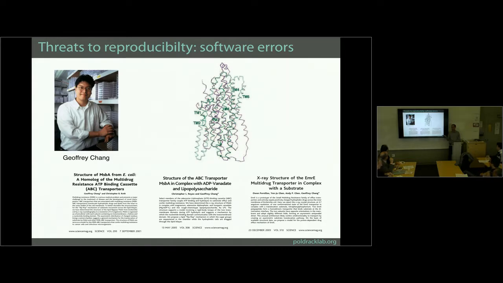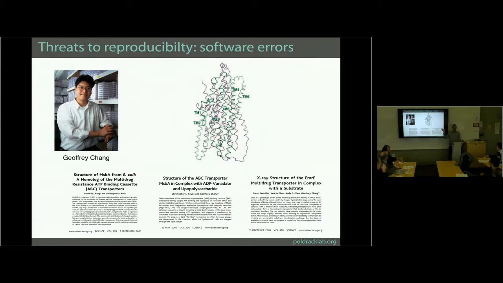Finally, how many of you have written code in the last week? Okay, so a good number of us write code for our analyses. Most of us were not trained as professional software engineers and don't do the things that they do to make sure that they're not making mistakes. And we know that software is going to have a big effect.